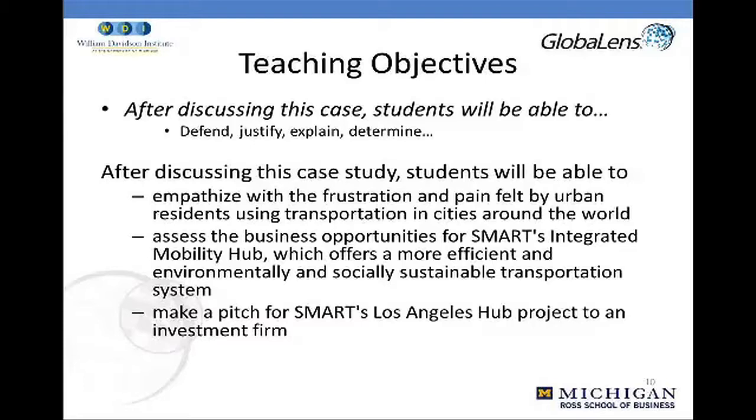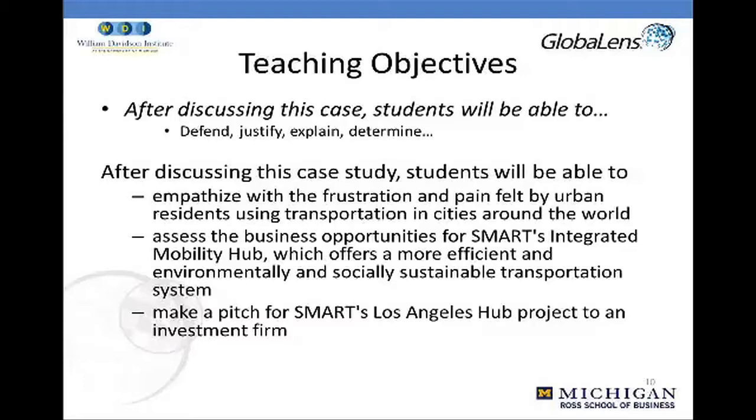You also want to avoid writing your objectives in a way that leaves them with a yes or no choice, or a choice between three things, which makes it very easy to accomplish. So a couple of examples from case studies that we've written or published are listed here. Some of these objectives are more affective, where you want students to be able to empathize with the frustration. That's a little more difficult to assess,